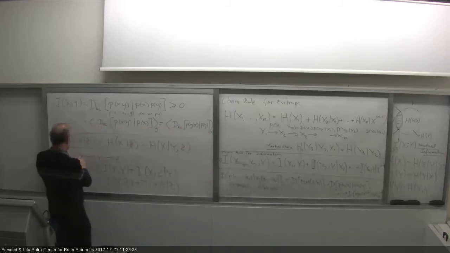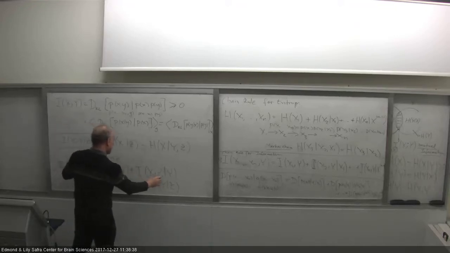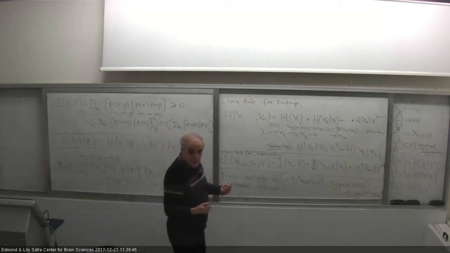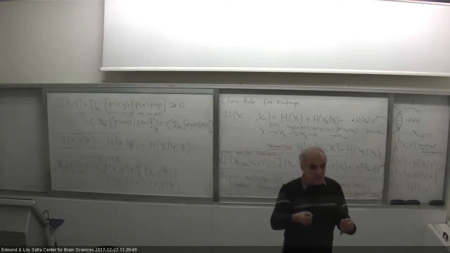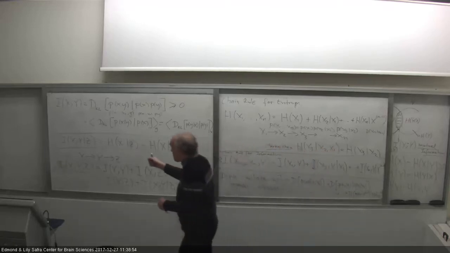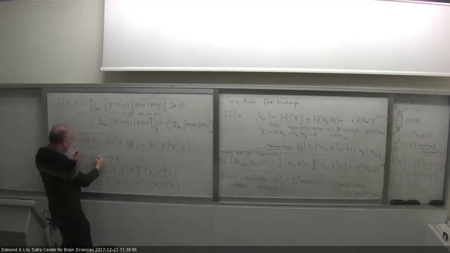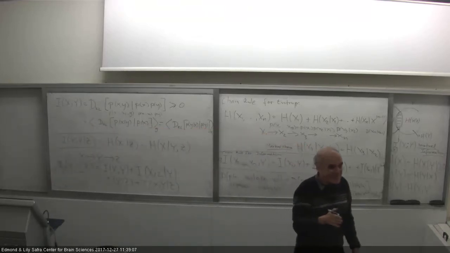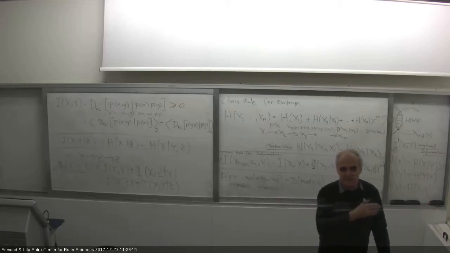And I know that if there is a Markov chain, the information between z and x, or actually this one, I(x;z) given y, if I freeze y, x and z become independent. So in a Markov chain, conditioning on the middle variable is just like cutting the information between them. What I mean by this is, I freeze y to one value, and then the changes in x are not going to affect anything, because z depends only on the value of y. So intuitively it's very clear: in a Markov chain, if I freeze a variable in the middle, I disconnect the flow of information. There's no flow, guys.